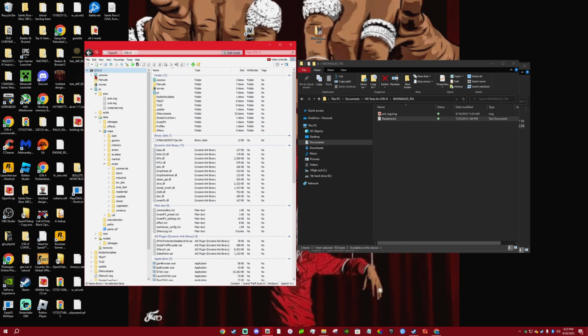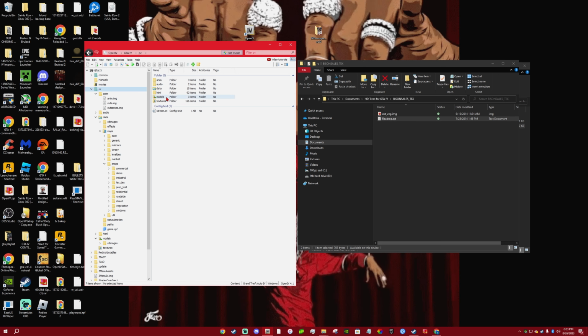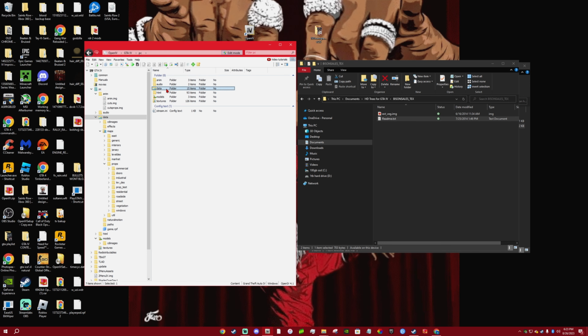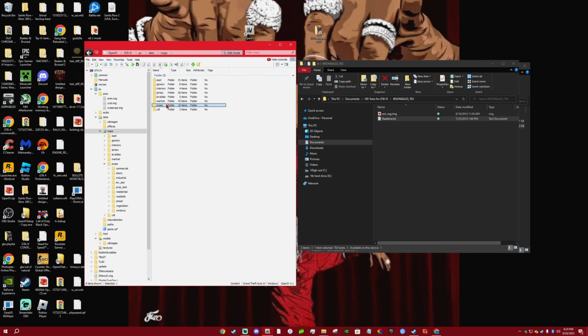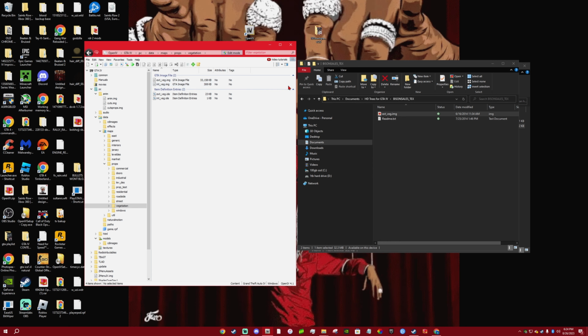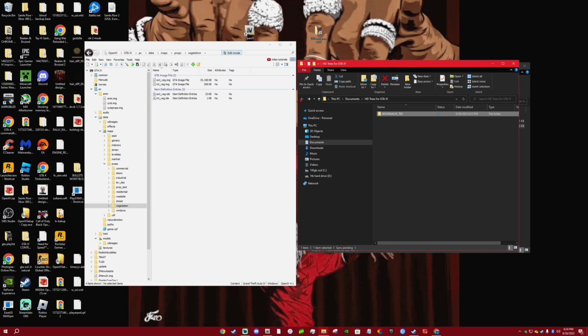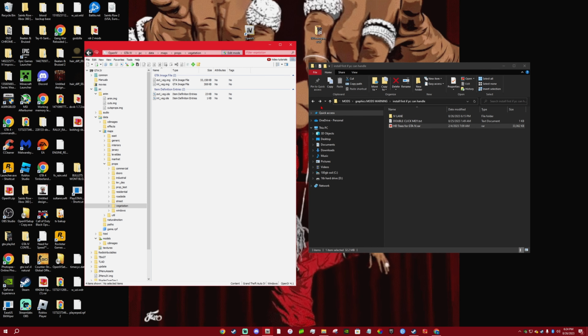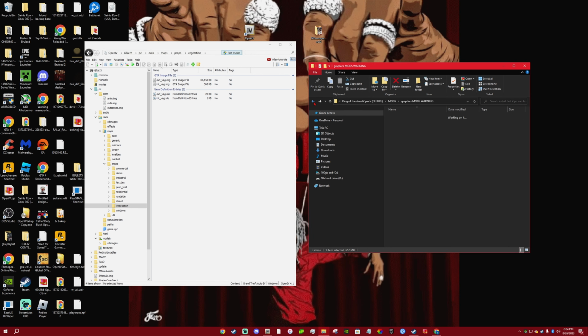So come over to OpenIV, the PC, data, maps, props, and vegetation. You want to take the ext veg, and you want to drag and drop it over here, this way. Cool, and that is installed. So you got your trees and you got your streets installed.